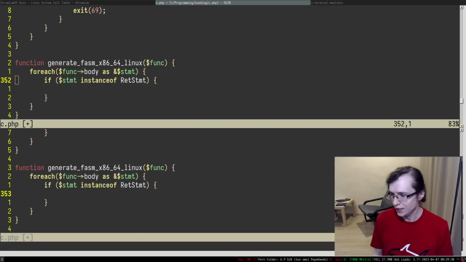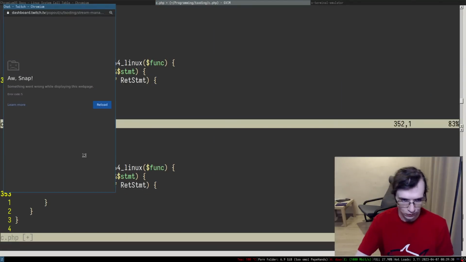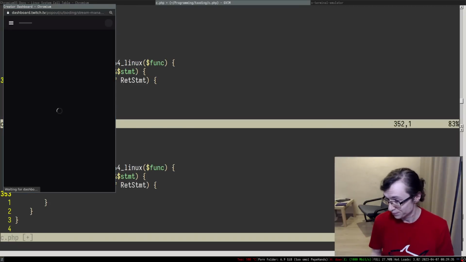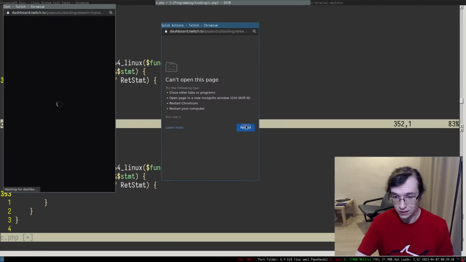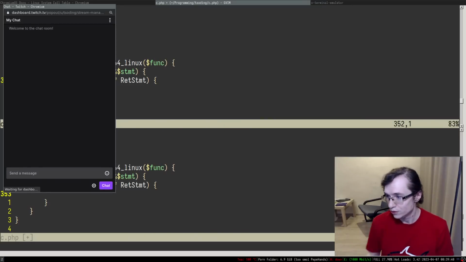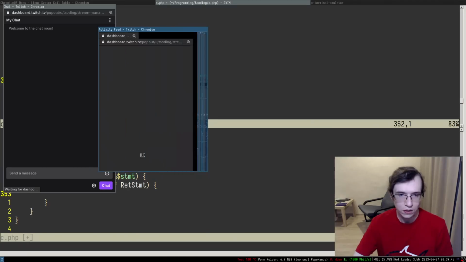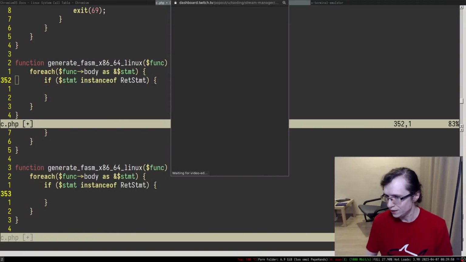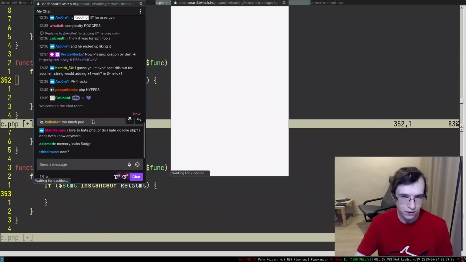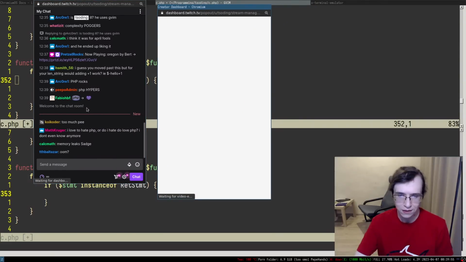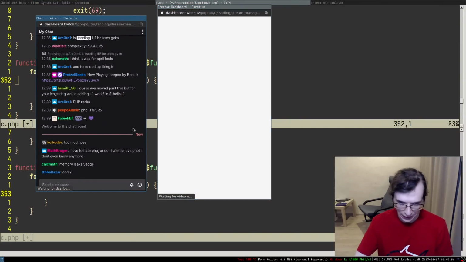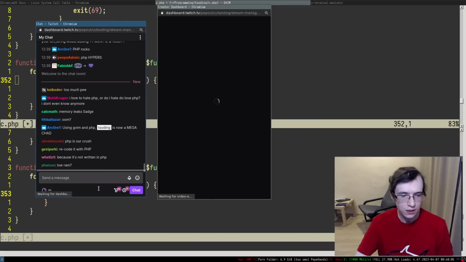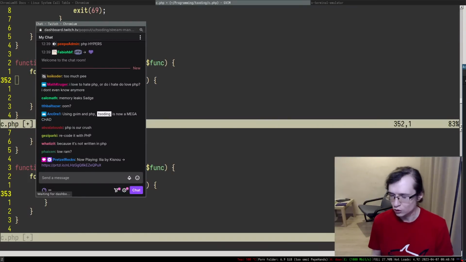My chat crashed again. Why does it crash every time? So this is so bad. Well, it's probably something wrong with Chromium, but I just don't know why. Could be a memory leak. Can a particular application in Chromium crash if it just allocates too much memory? I think it should be able to.